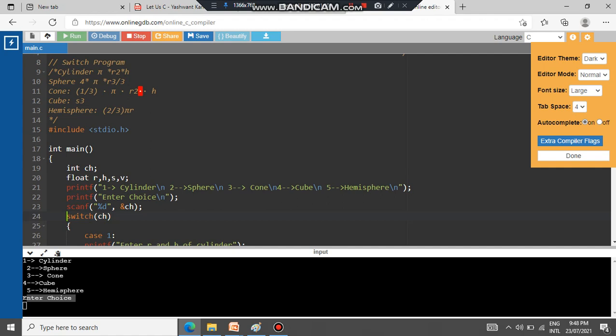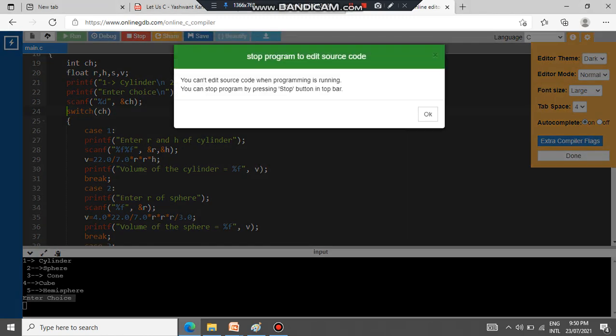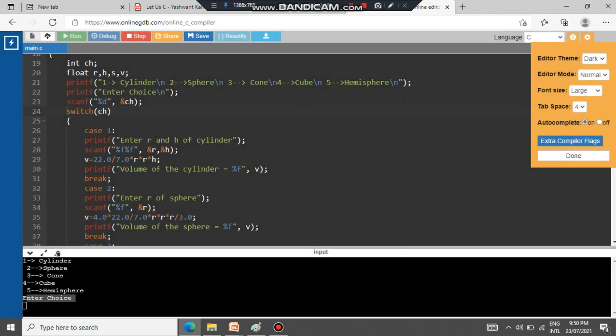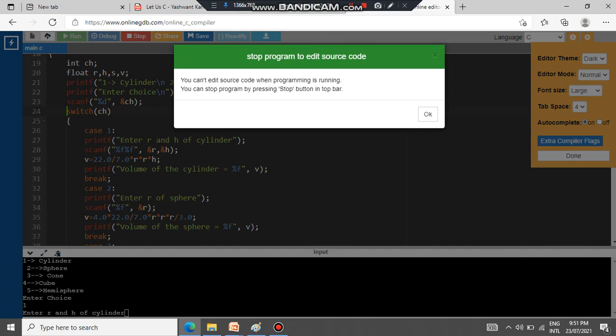First I need to copy this program to some other location. I will make the changes in the same program, and I will now put this switch into comment lines.